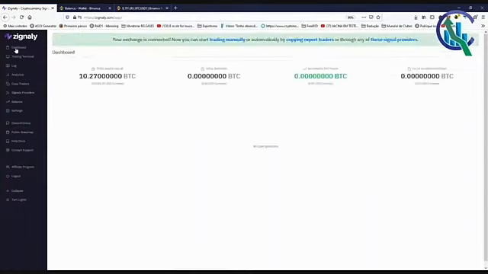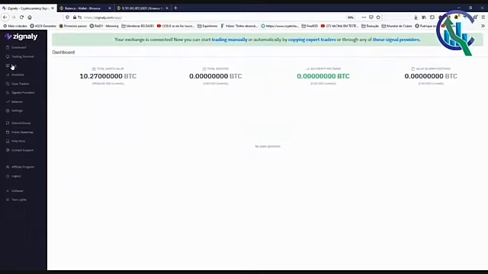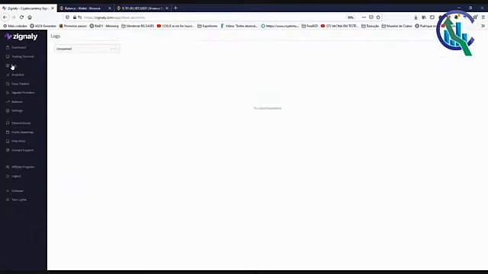So if I come back to my dashboard, I will just wait for signals, and the signals will start to arrive, and Zignaly will start to trade on my behalf using my exchange funds, right? Zignaly offers me the log page. Log page is where you see what's going on about the signals in your positions.